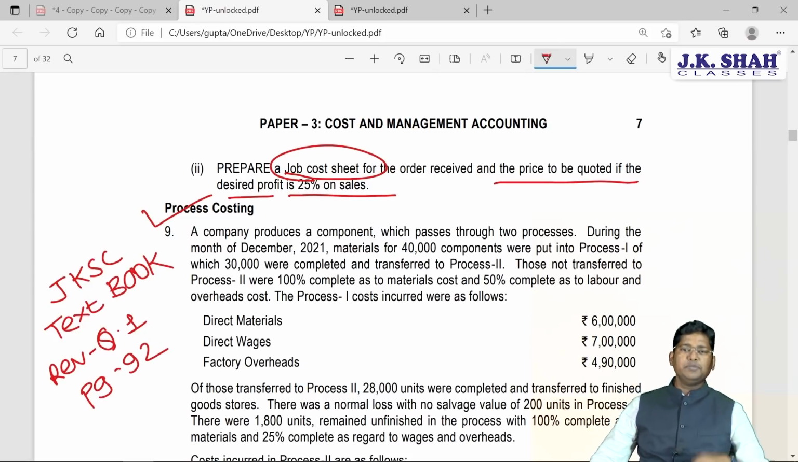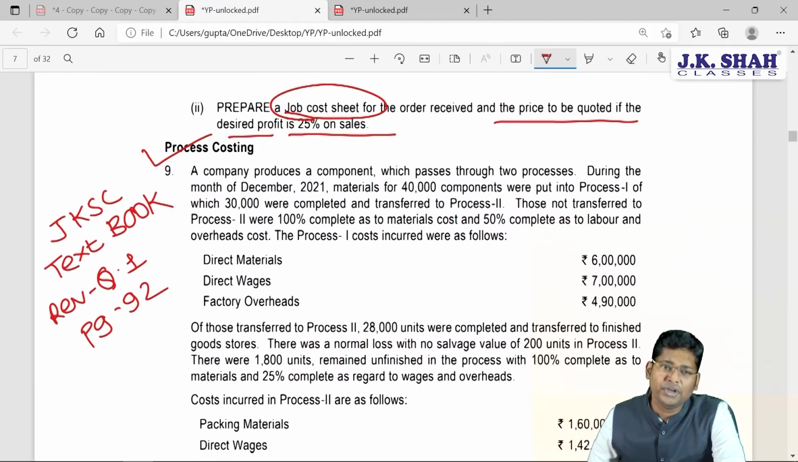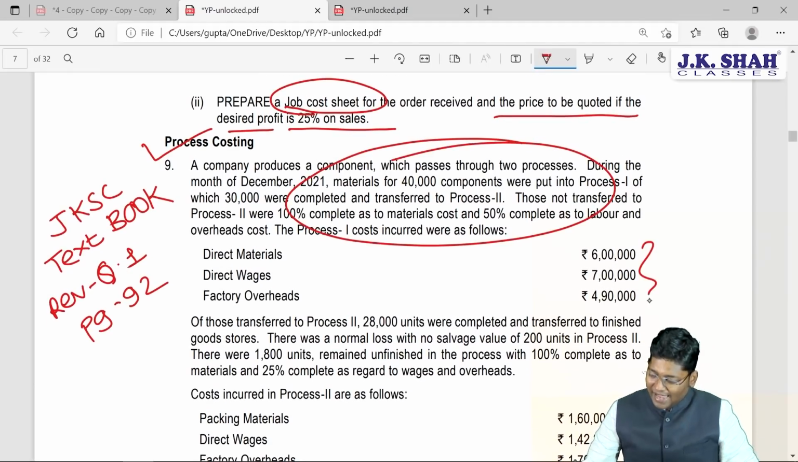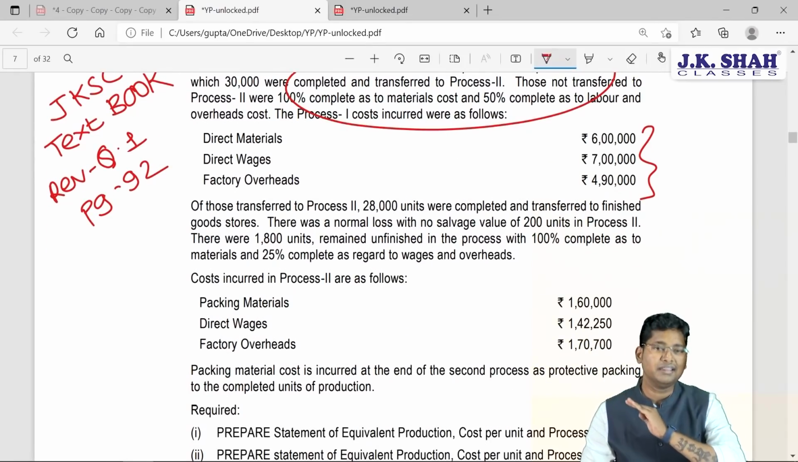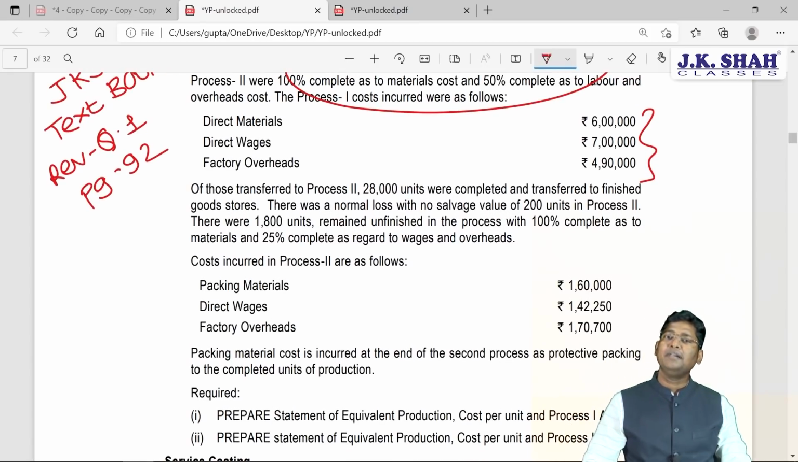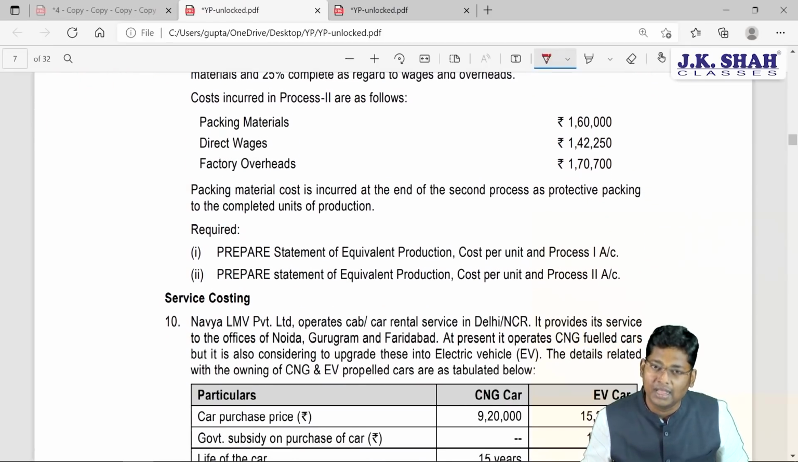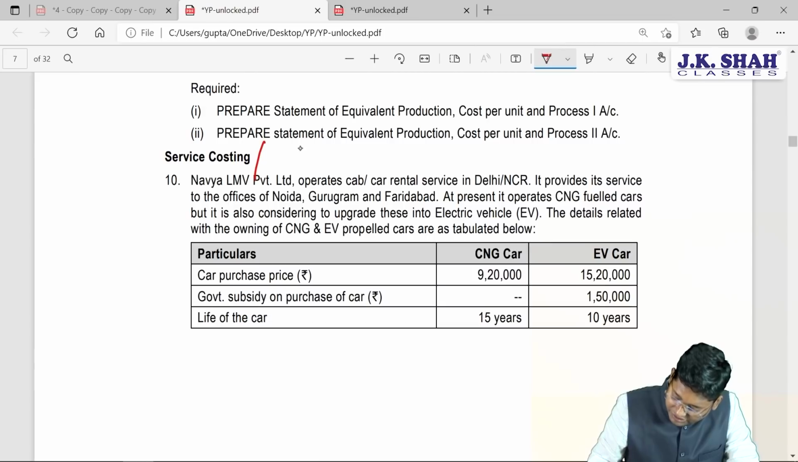If you check the JKSC textbook, the same question is printed over there, only with different amounts. Same accounting treatment, same quantity. If you check, these quantities are all the same, but only the values are different. So you only need to practice the same question which is covered in the revision of your textbook to understand and solve this question. Nothing is new. That's why we are not going to spend much time on this question, as it is already solved in the JKSC textbook. Let's start with question number 10, which is related to service costing,